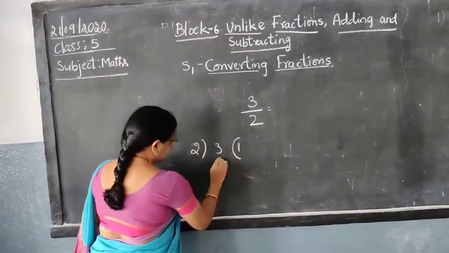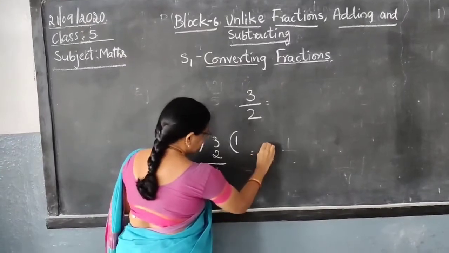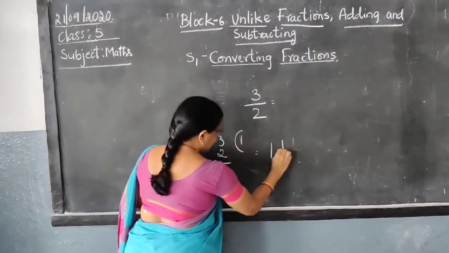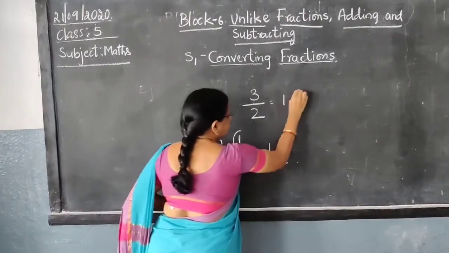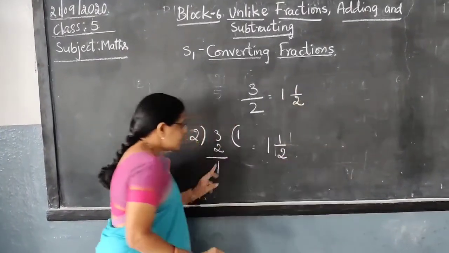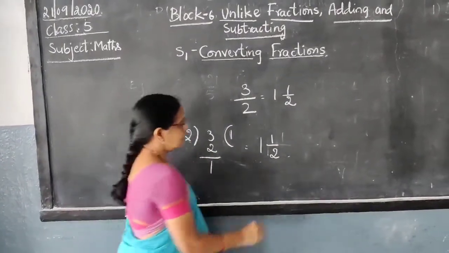2 1s are 2, 1. So what is the answer? 1 by 2 is the answer. 1 by 2. So this I show in the figure, children. Here